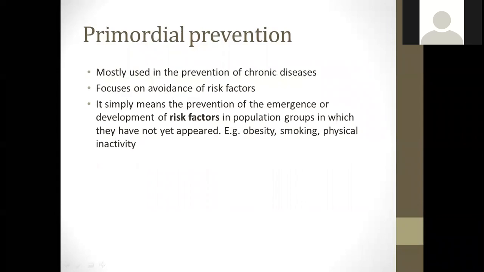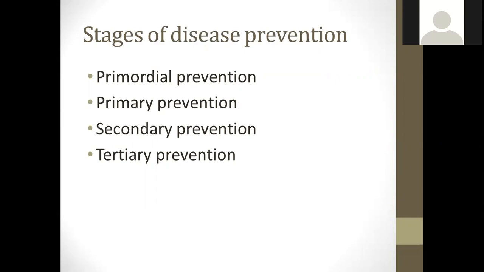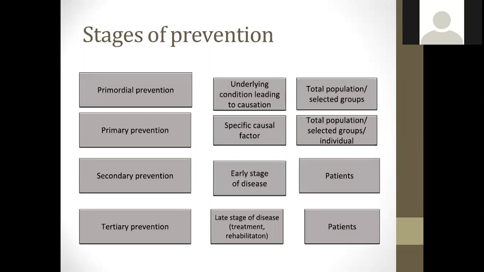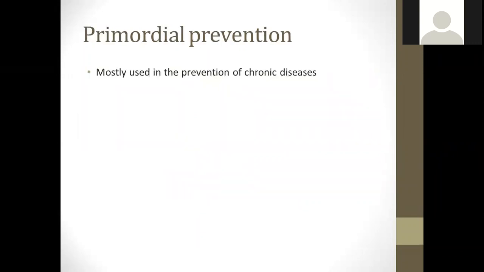So if you can see me, these are the stages of disease prevention, Bolanle. There are 4 stages: the primordial stage, the primary stage, the secondary stage, and then the tertiary stage. And don't forget, like I said, this topic is already available on a video. So you can go to your platform and click on the video and watch it extensively because it has been dealt with extensively. We're now discussing primordial, or just before you joined Bolanle, we discussed primordial prevention,